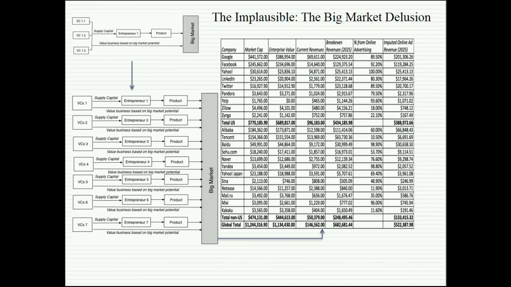Don't get me wrong. I'm not saying every one of these companies is overvalued. What am I saying? Collectively, they're overvalued. You might have 3 or 4 out of this that are going to explode out of the box. They might be the next Google or Facebook. But the rest, you're going to see their prices adjust because people are going to wake up one day and say, the market's not big enough for all of us.